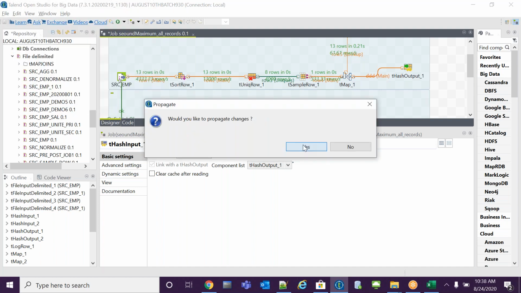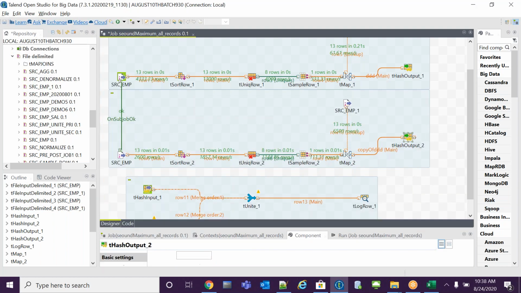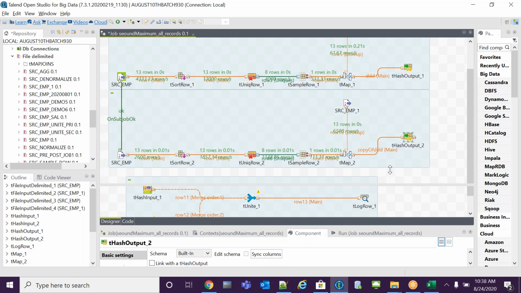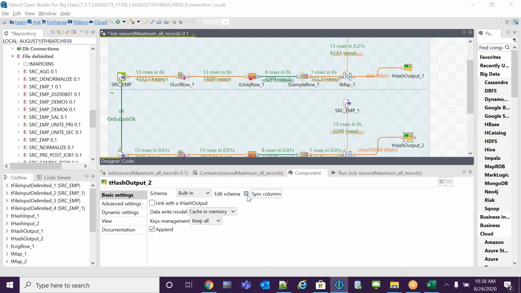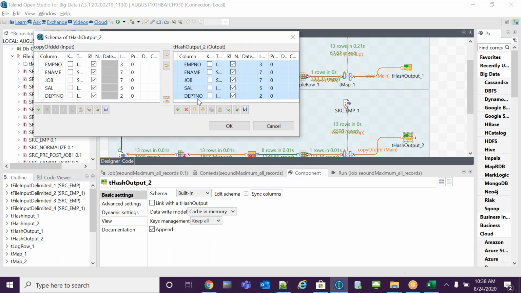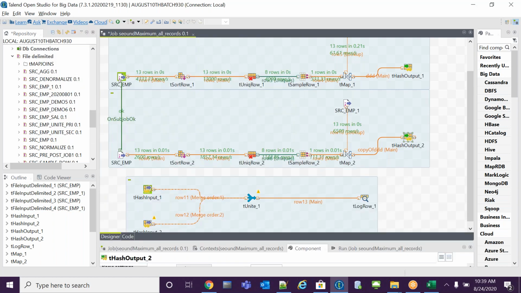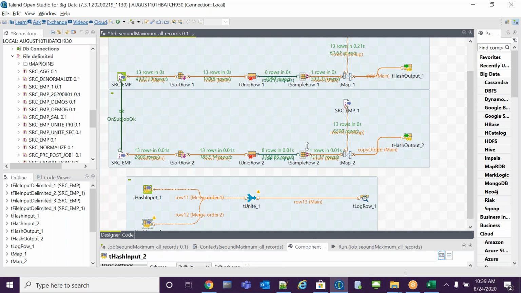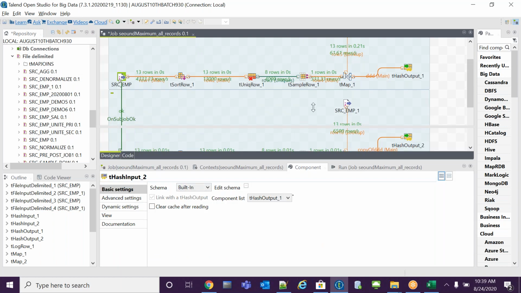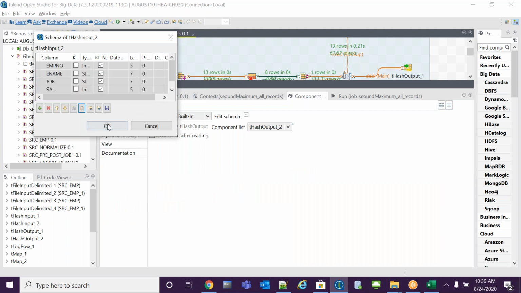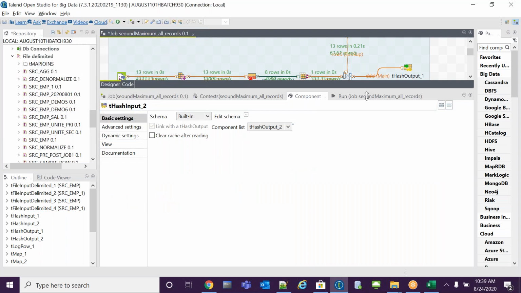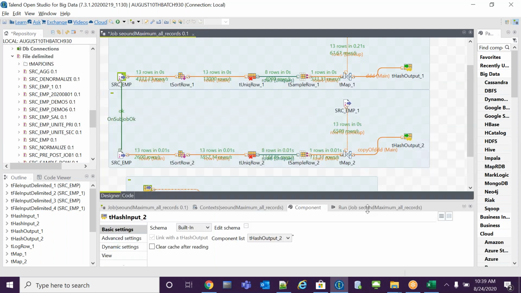Come to the second output, go for edit schema, copy the columns. Go for tAs input 2, select component 2 because I'm taking metadata from 2. Go for edit schema. Paste it. Sync the columns in the tUnite row.